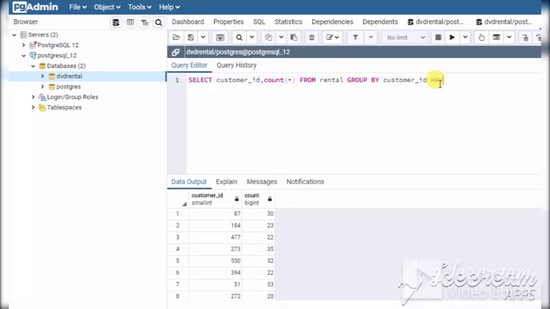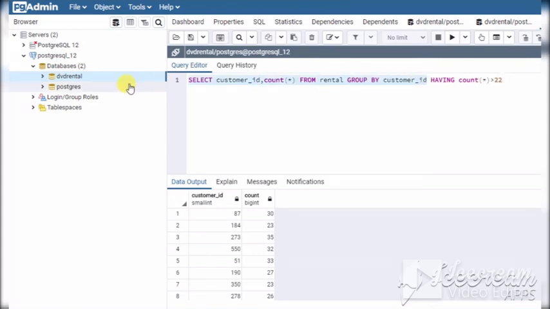Then we can mention the having clause. We can write having count star is greater than 22. Let's see. This will display all those customers whose count is greater than 22. The having clause is applied after the grouping.